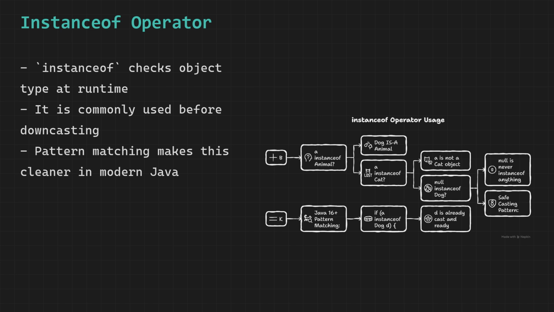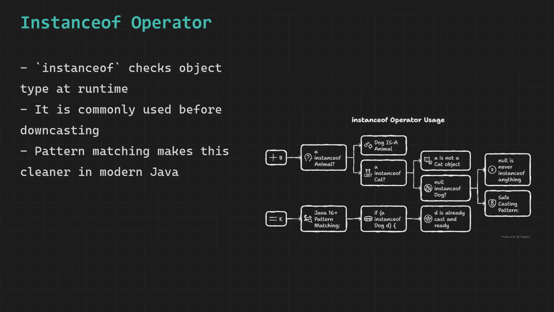The most important practical use of instanceof is safe casting. In Java, you can cast a parent reference to a child type. For example, Dog d = (Dog) a. But if a is actually pointing to a Cat object, this throws a ClassCastException and crashes the program. By checking if a instanceof Dog before casting, you guarantee the cast is safe and will never throw an exception. This pattern appears constantly in real-world Java code, especially when working with collections of mixed object types.